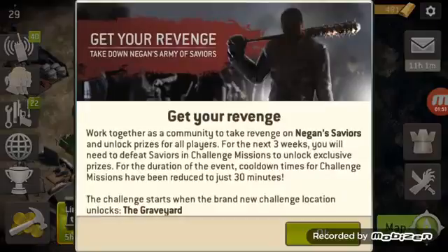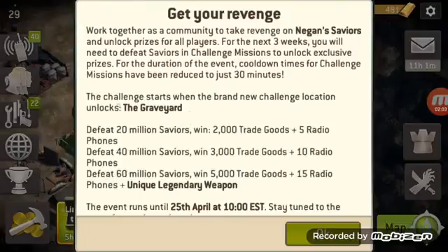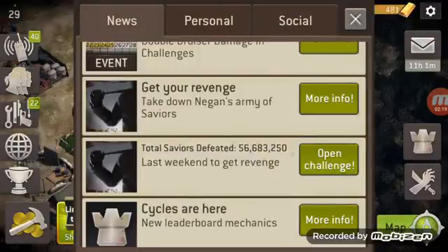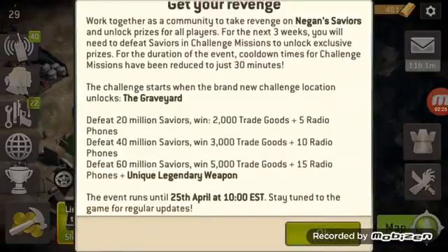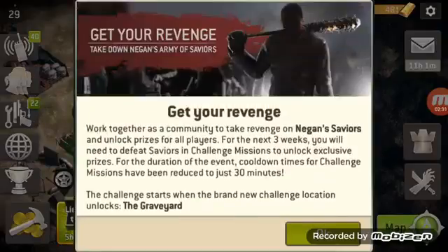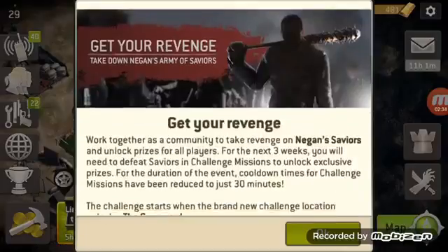Right now they have, ever since the finale of season 6 of Walking Dead, they released this challenge here against Negan. So if we defeat as a whole in the whole world over 60 million saviors within the game, we'll win 5,000 trade goods, 15 radio phones, a unique legendary weapon. That's really cool. We need 60 million saviors. If you look at the next message here, we have 56 million. So we're only 4 million away. And let's see where it ends on the 25th. So that's, I don't even know how many days away that is. I think that's tomorrow, if I'm not mistaken. But anyway,